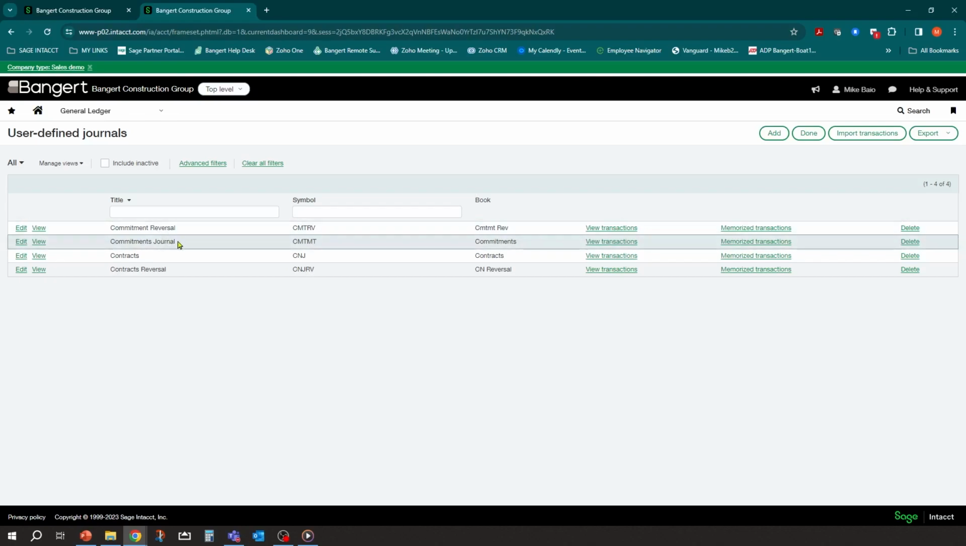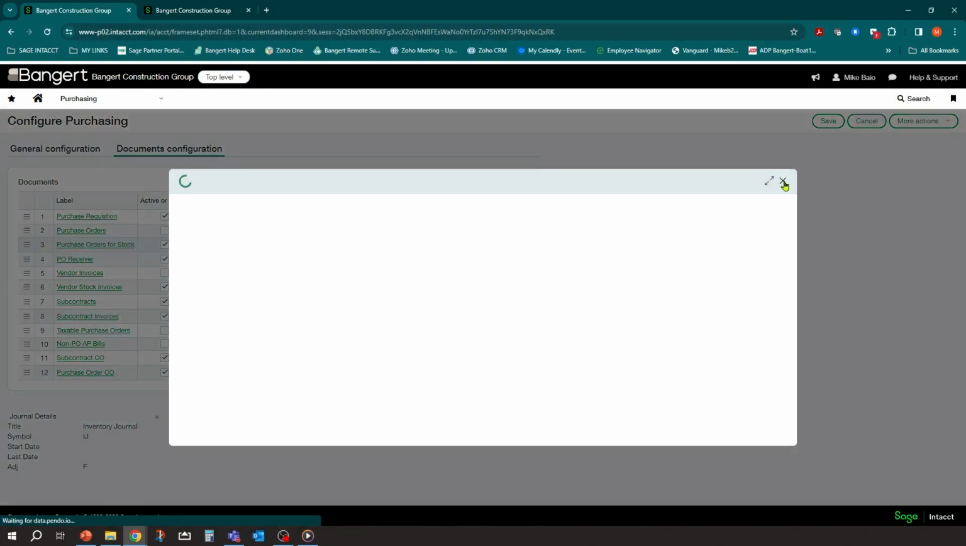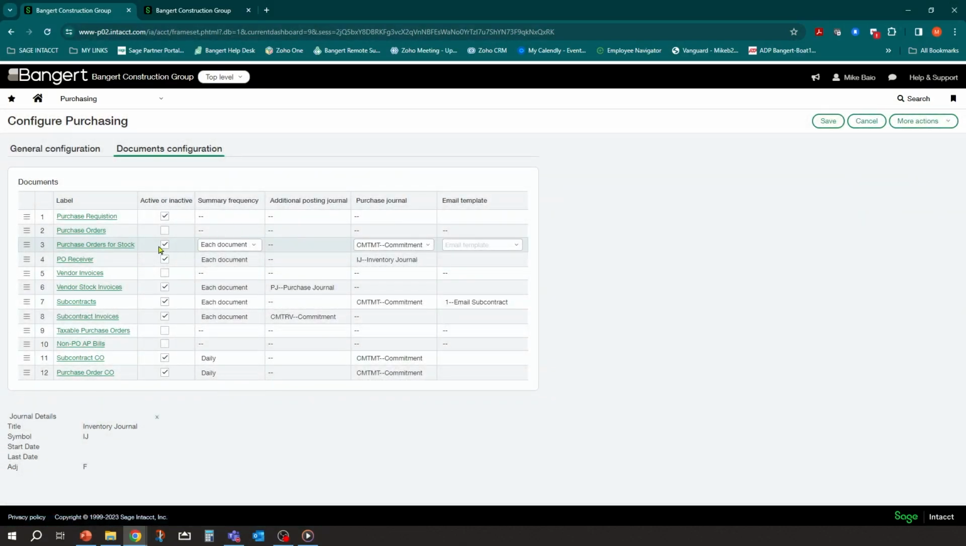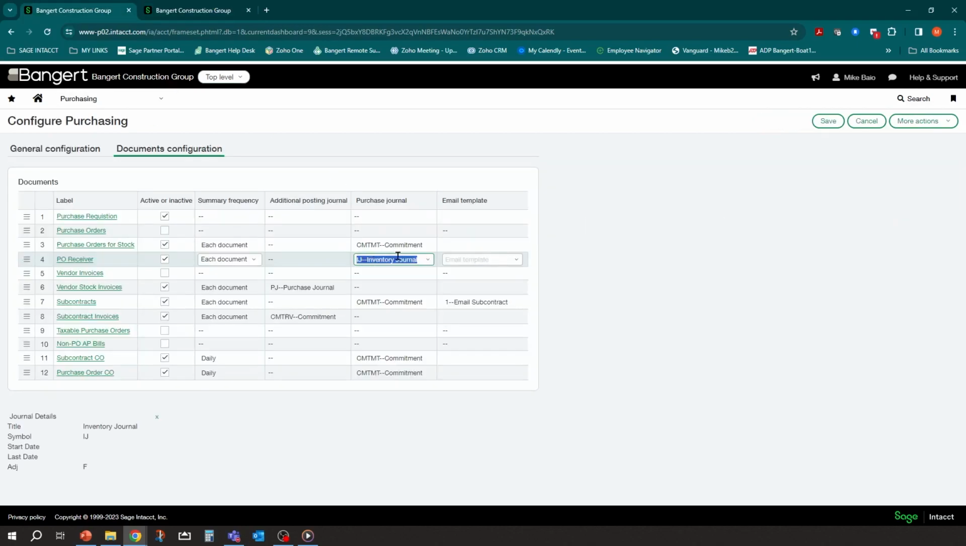There's our commitment journal, which is defined to the user-defined book of commitment. So actually, if I go back and take a look at this, yep, that's right. So purchase orders for stock is linked to the commitments journal, which is not an accrual book. The receiving is linked to the inventory, which is an accrual book. Okay, and then the same thing, vendor